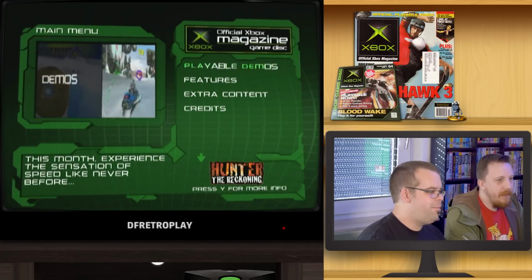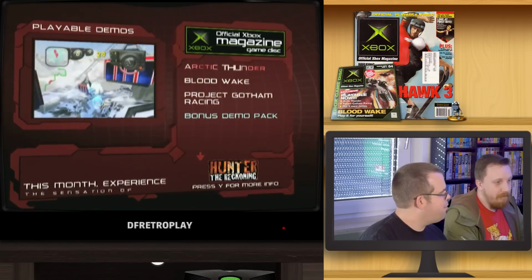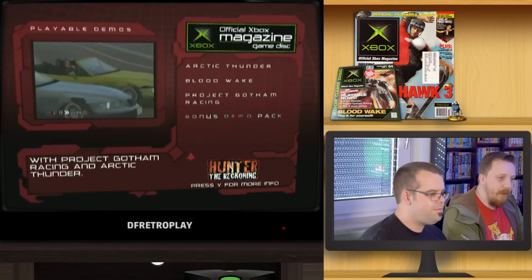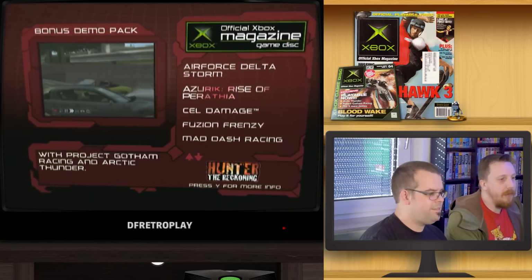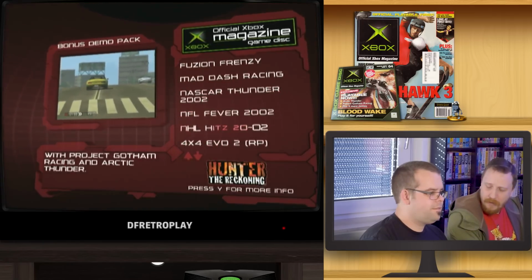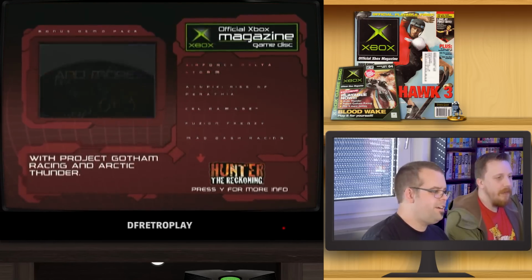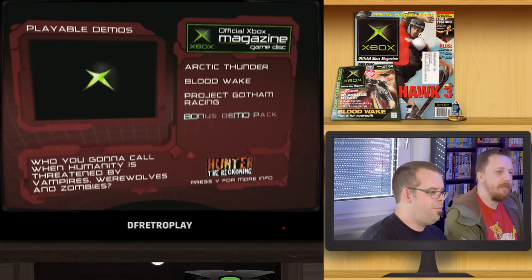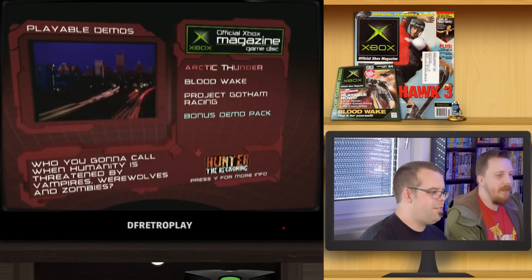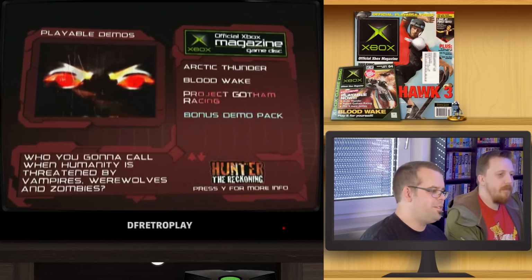official Xbox magazine. And since Audie, you have very little experience with the Xbox, I thought it would be fun to look at this. Yeah, I never had an Xbox back in the day, so I have never heard of most of these games on the demo disc. This is number 4, you said, from the demo disc line. So this is just some of what's on there, and it'll be a mix of stuff, but this is just kind of to give an impression of where Xbox was pretty early on